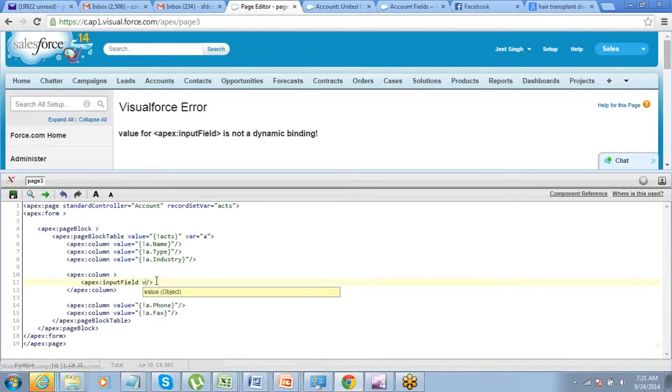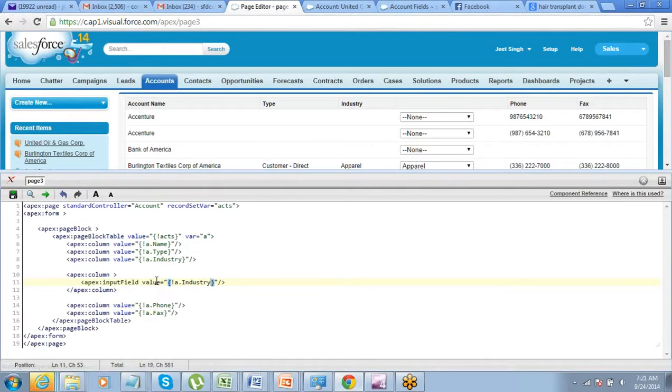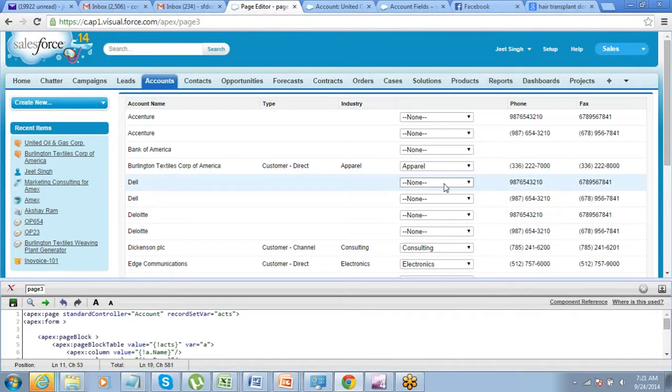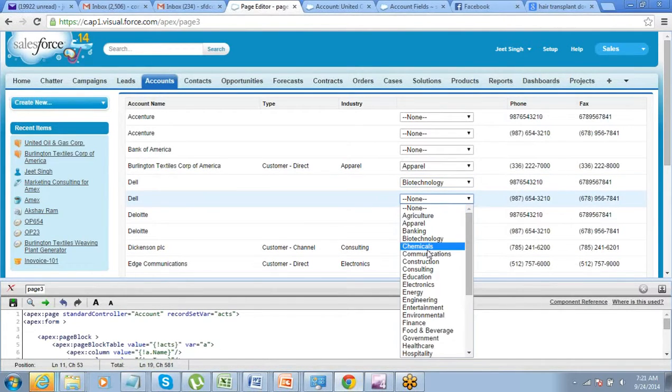In the input field, you go and give the value a dot industry. See, if you want, you can edit or input the industry here.